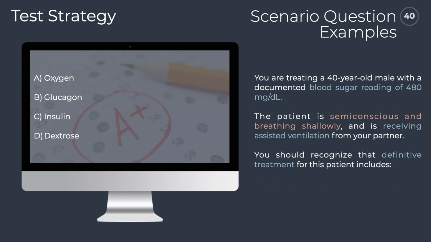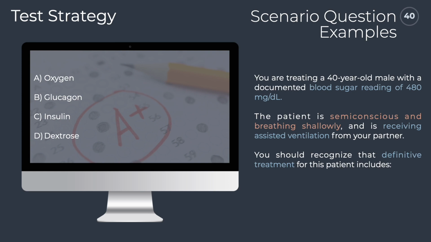The primary information has been highlighted, and we see that the patient has a blood glucose reading of 480. This is roughly 4 times the normal level, and as such it represents the patient's chief complaint. We also see the hallmark signs and symptoms of a patient being semi-conscious and breathing shallowly, which again we see as indicators that will lead up to the management of the patient's ventilations. But in this question, the very next sentence answers that problem for us by pointing out that our partner is